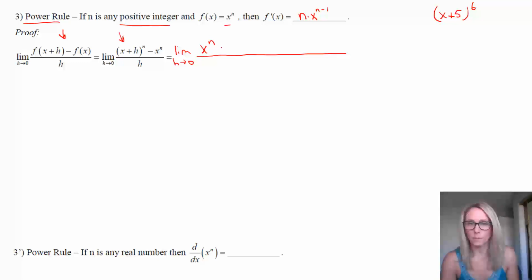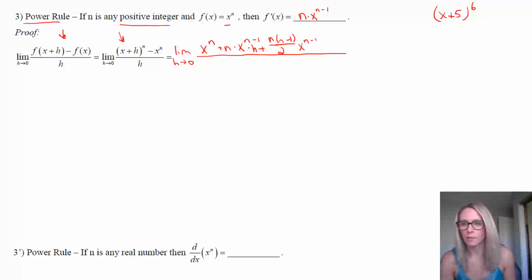And then your middle terms, the first one is going to be n times x to the n minus 1, times h there. And then the next term is going to be, so n is the coefficient for the second term. The next coefficient is n times n minus 1 over 2. So it's all based on what your exponent is. This is always true though, but we just have to use these general. And then x to the n minus 2